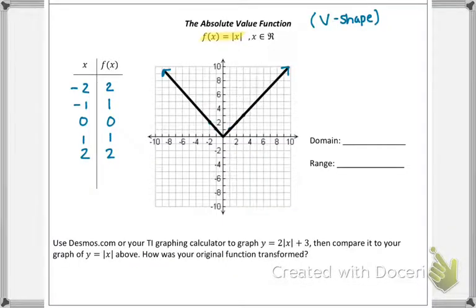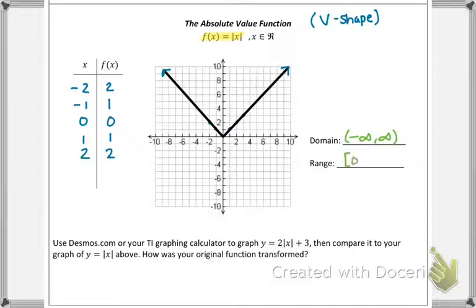Okay, absolute value. Reading my graph from left to right, it looks like it keeps going up and to the left and up and to the right. So from left to right, every x value is covered, negative infinity to infinity for my domain. And then my range is slightly different because for this absolute value function, it looks like there are no points on my graph that have a negative y-coordinate. And so the smallest y value for any given point on my graph is 0. And so my range in this case goes from 0,